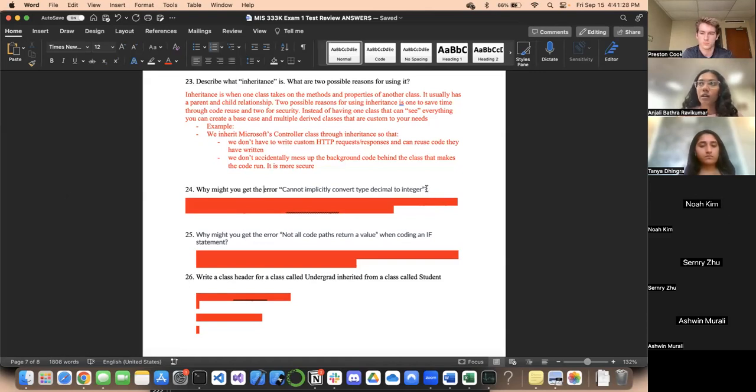It will throw an error because a decimal is a large, I don't want to say large. When you convert from a decimal to an integer, you lose precision, right? You will essentially have to throw away the digits that come after the decimal point when you're converting it to an integer. And unless you explicitly convert it in C#, it's going to be bothered by the fact that you're losing precision. So you cannot